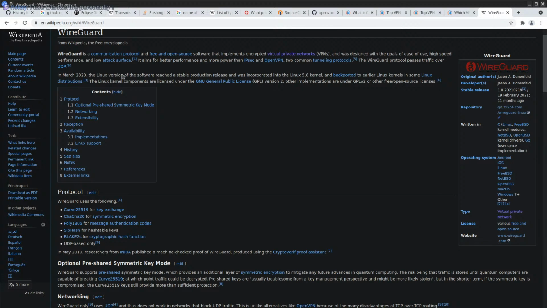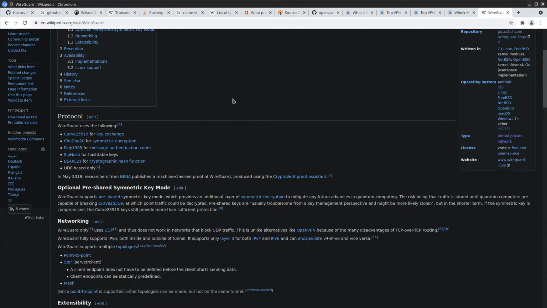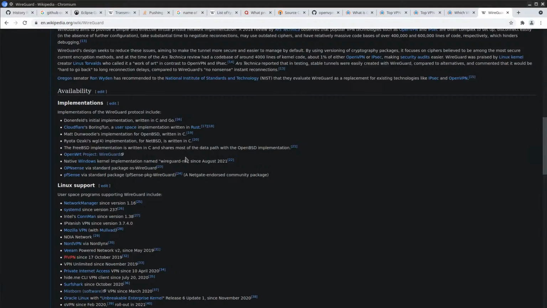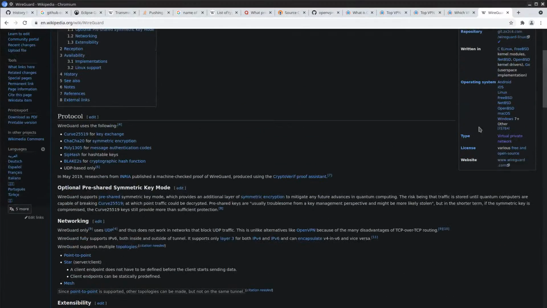The Linux version of the software reached a stable production release in 2020. Well, I guess it's 2 years ago, almost. It's incorporated into the kernel. Okay. Kernel components are licensed. Okay. Get a link to their webpage or something like that.